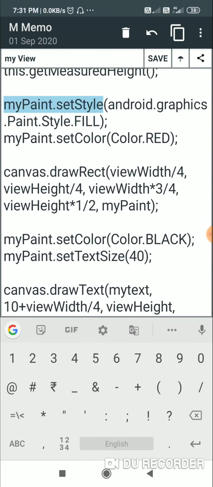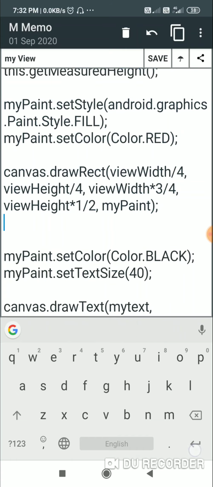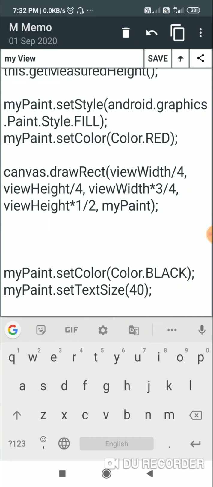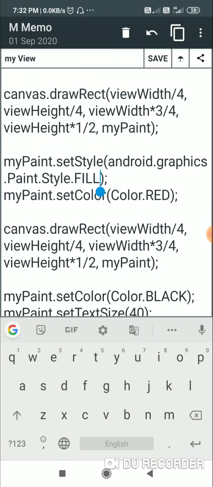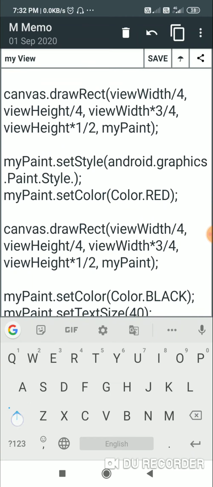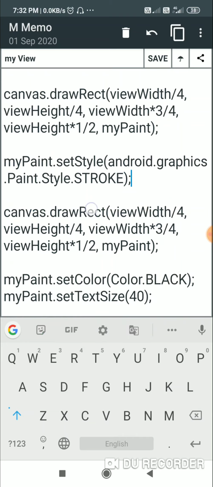Now below this I will draw another rectangle, so I'll just copy this and paste it here. For this second rectangle I will set the style to stroke, and I don't have to change the color, so I will just remove this part. Now I will draw the rect with left border at same location.